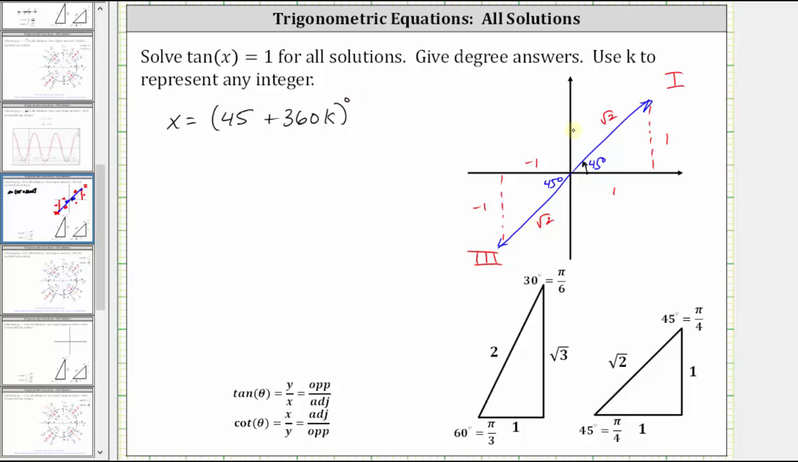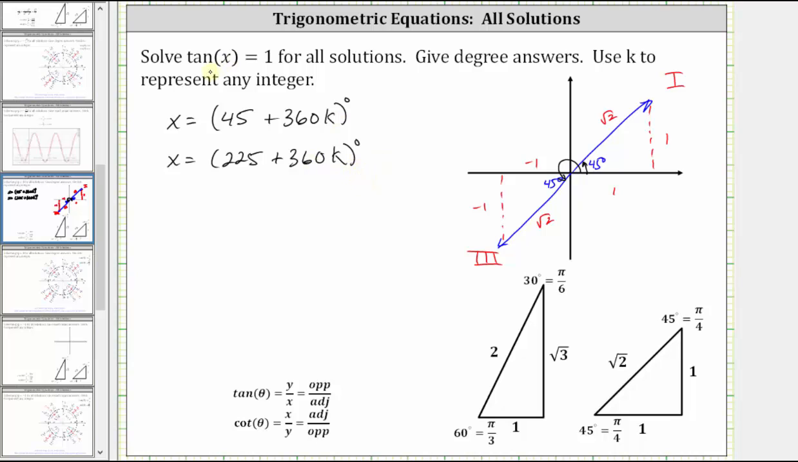And now let's focus on the least positive angle in the third quadrant, which should be this angle here. Notice this angle will be 45 degrees plus 180 degrees, which is 225 degrees, which gives us x equals 225. And then for all the coterminal angles, again, we add 360k. So while these two expressions do give all the solutions, there's a simpler way to express these solutions since